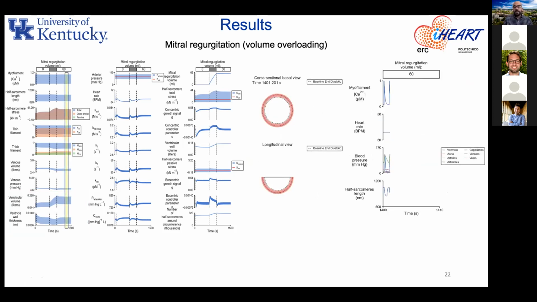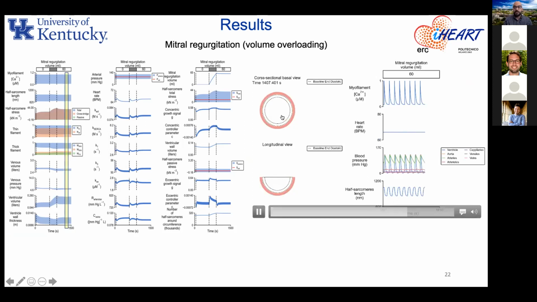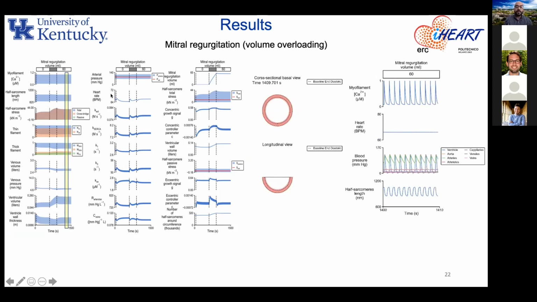Again, this animation shows a 10-second simulation from the final steady state, and it shows clearly how the hemispherical ventricle has been dilated with respect to the baseline and diastolic dimension, which is shown with the dashed line here,